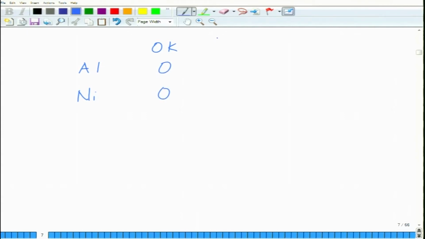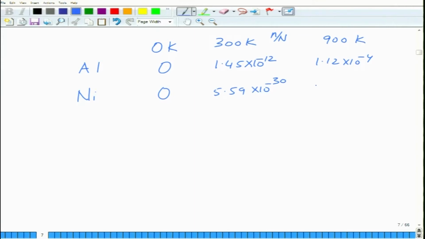At 300 Kelvin, aluminum will show 1.45 into 10 to the power minus 12 fraction of vacancies. So, this is basically n divided by N. And for nickel this happens to be 5.59 into 10 to the power minus 30, and at 900 Kelvin this happens to be 1.12 into 10 to the power minus 4, and this happens to be 1.78 into 10 to the power minus 10. So, you can see that as the temperature is increasing, there is an exponential increase, but there is a difference